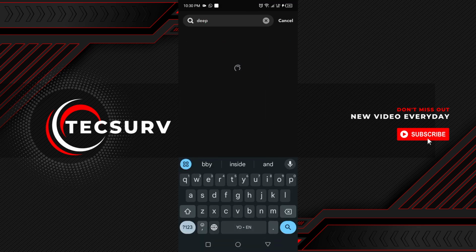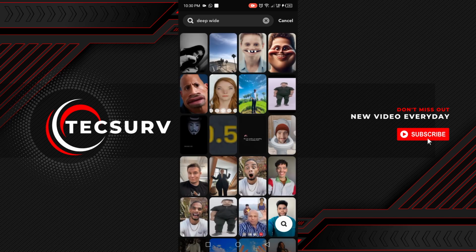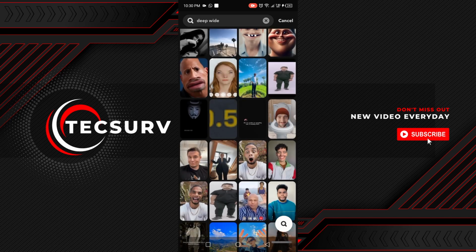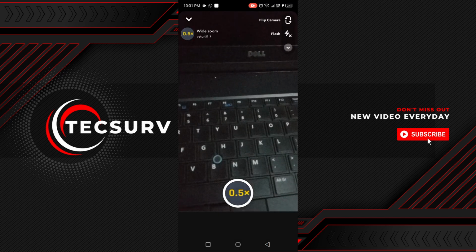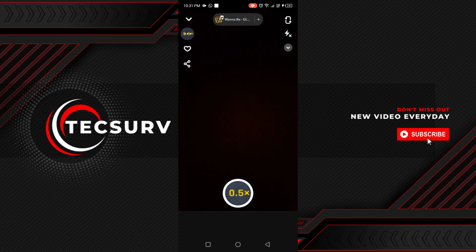wide. As you can see on the screen, just search for deep wide. This opens the deep wide, the 0.5. You can see the 0.5 option there, so you just tap on it and this opens the